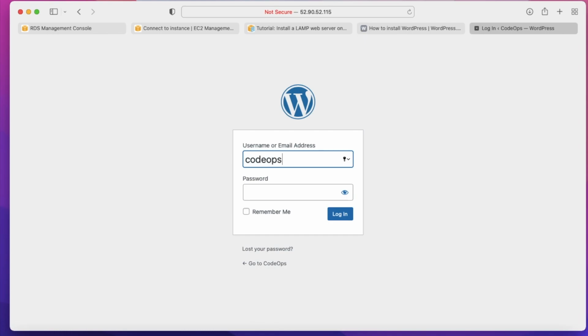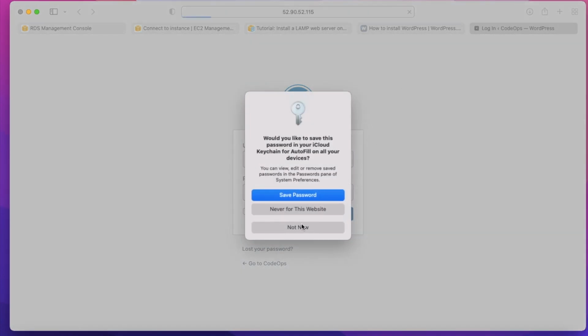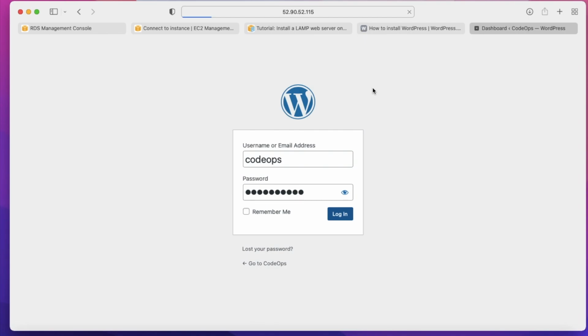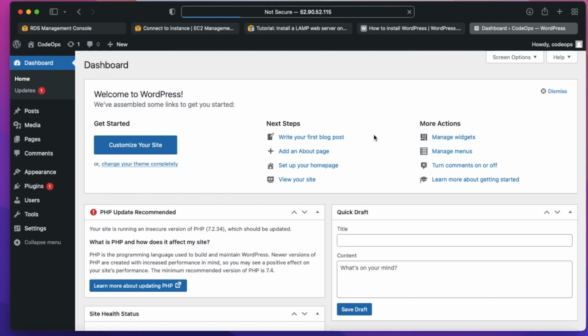And let's log in to our WordPress panel. Here provide the credentials and then click on login. So now our WordPress admin panel is opened. Now let's move to our website.